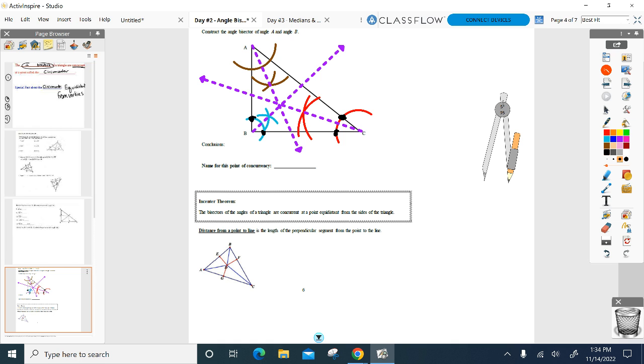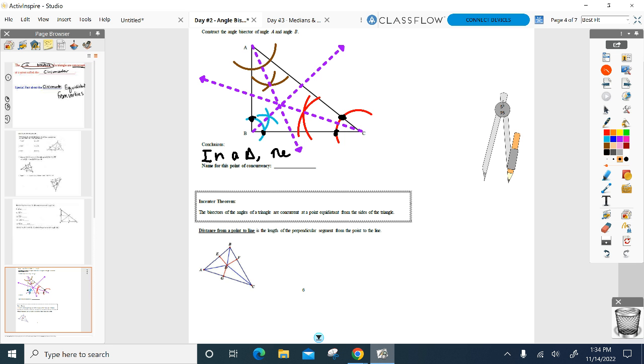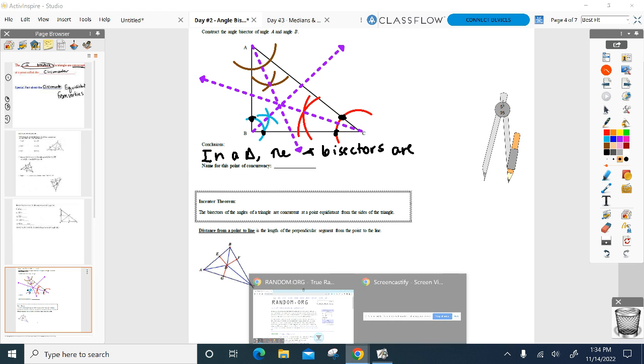All right, so what did we just figure out here? In a triangle. Conclusion, in a triangle. What did we just construct here? The angle bisectors are, I do not want to keep saying intersect at a point, intersect at a point. I want to use the vocab. The angle bisectors are